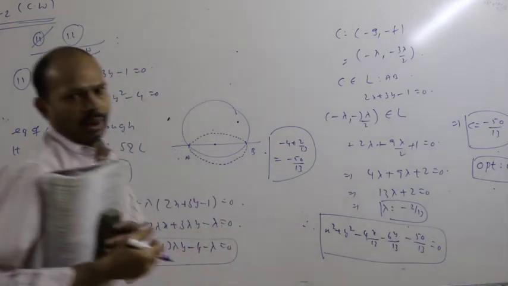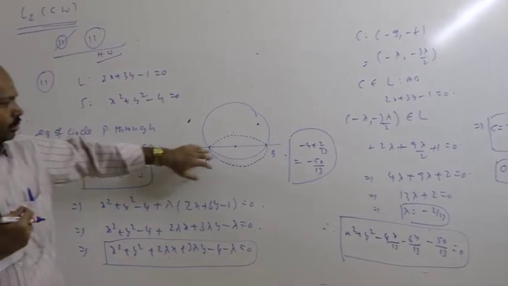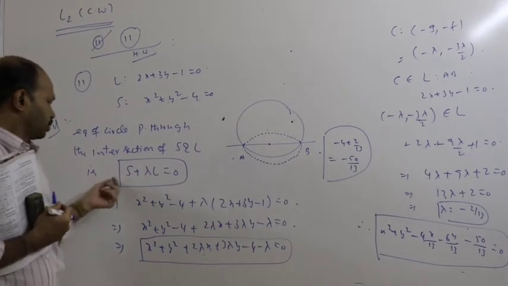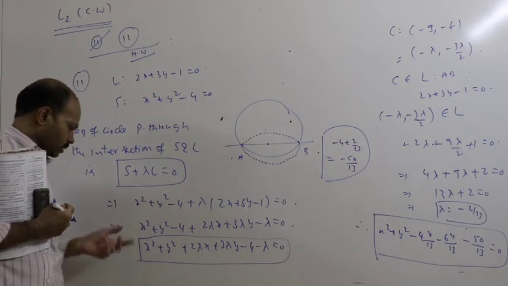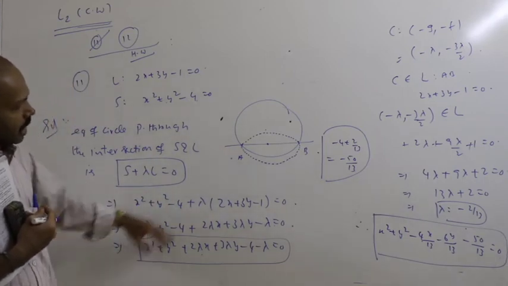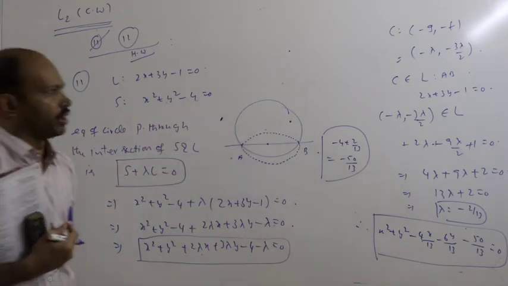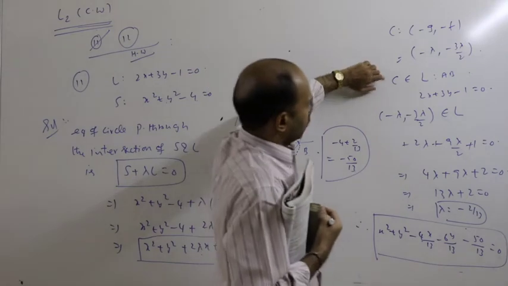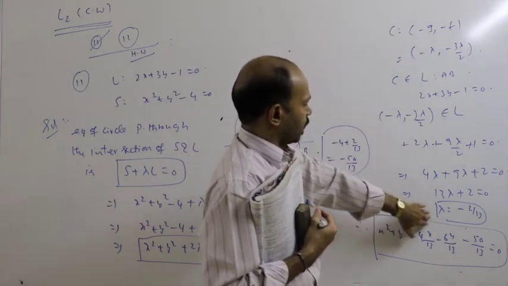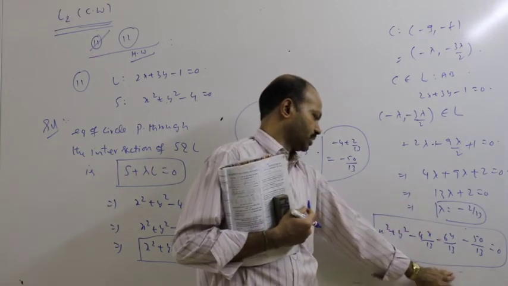So, problems 11 and 12 are exactly the same. Find the equation of circle which is passing through the line of intersection of L and S, using S plus lambda L equals 0. Standard convention. Note that this circle must have AB as a diameter, so the center lies on the diameter. Applying the center on the line and simplifying, you get some value for lambda. Applying the value of lambda, you get the circle.